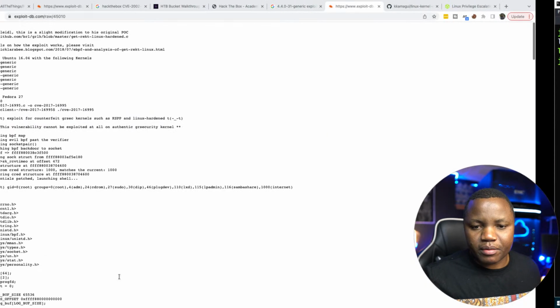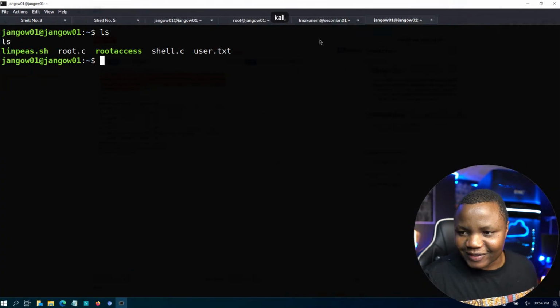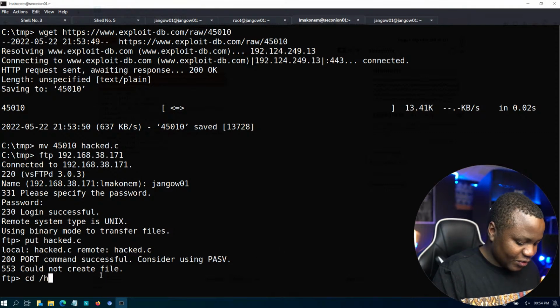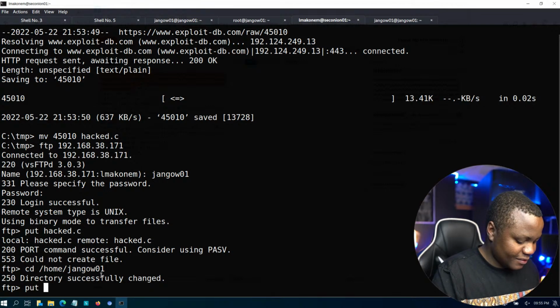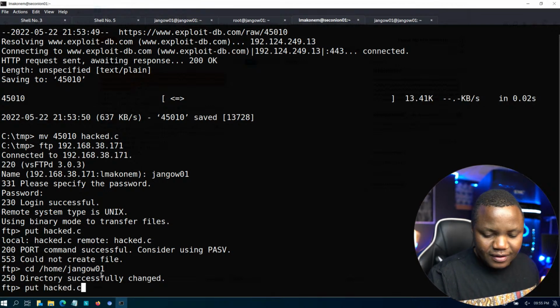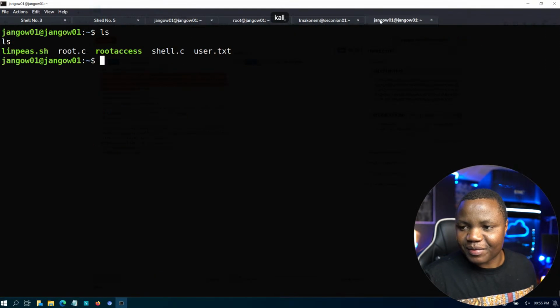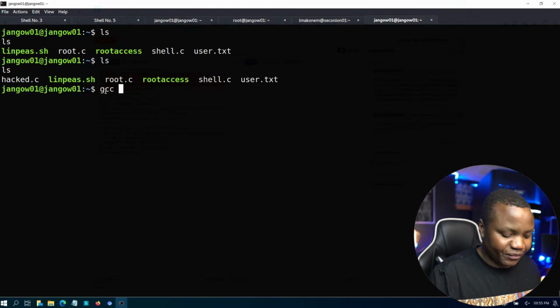I didn't put it in the right place. Of course, I can see it. It's in some directory somewhere. I'm going to say cd /home/django01. I am not about to go and find it somewhere. I am just going to put it in the right place right away. ls. There is my hacked.c. Now let's try gcc hacked.c